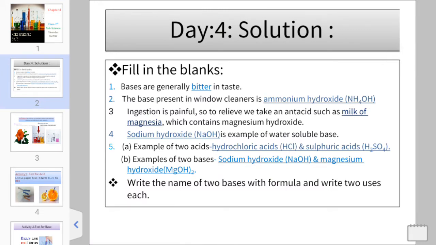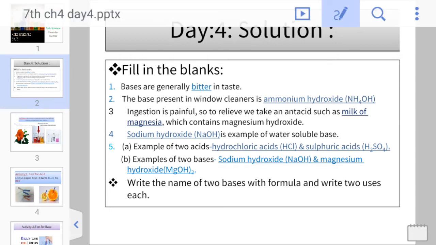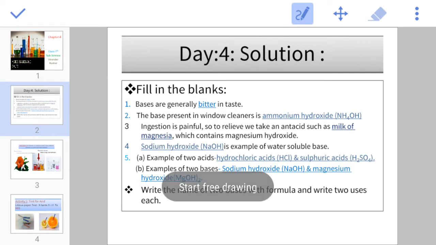Bases are generally bitter in taste. Number 2, the base present in the window cleaner is ammonium hydroxide, and the formula of ammonium hydroxide is NH4OH. Next one, indigestion is painful, so to relieve it we take an antacid such as milk of magnesia which contains